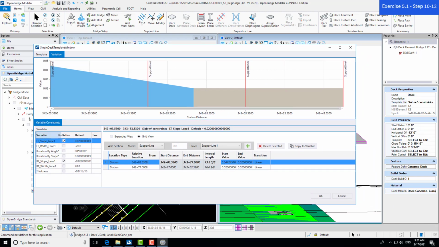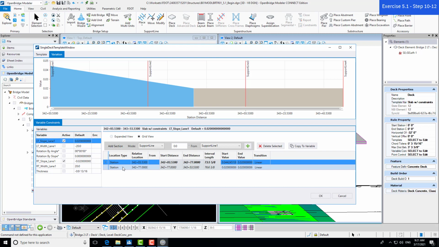So in this case, we see that under our variable constraints, under variables, we have several that are active with check marks, and that's our slope, our left and right slope. And really what that is, is our super elevation that's been applied. Okay, so this is what we did in our previous step to automatically populate these super elevation shifts in lane cross slope and the transitions here. So again, these are automatically input from that tool. We can also come here at any time if we don't have that information in a highway file.